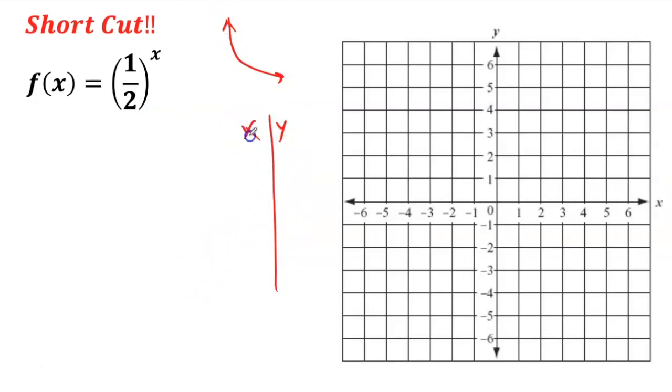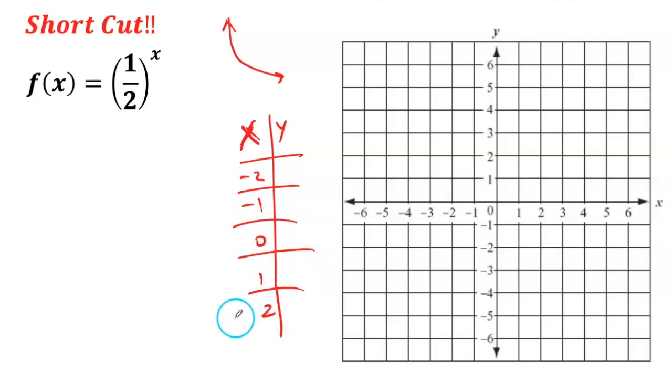X and y. There's nothing with the x, so technically I can just do my table of values: -2, -1, 0, 1, and 2. As many points as you want. Guys, the whole idea is to understand. First one is going to be 1/2